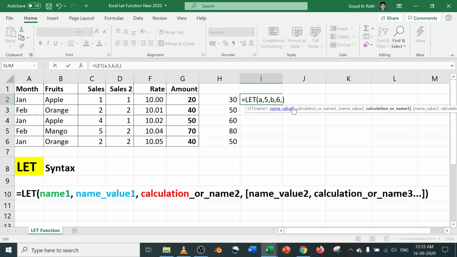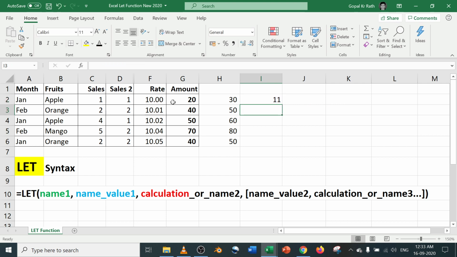For example, I can take the sales quantity and multiply it with A, right? I can give one more plus. I can take the second sales quantity and multiply it with B. So now it will take the multiplication with A and B based on whatever values you have given.